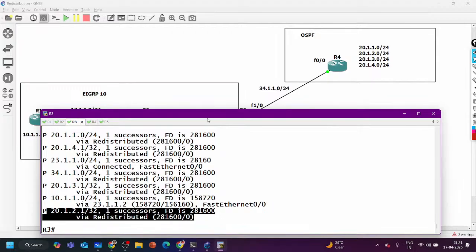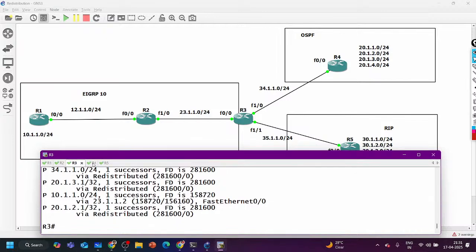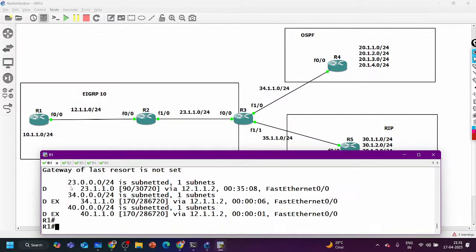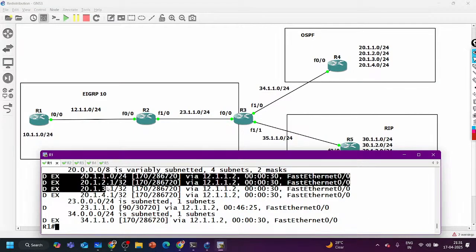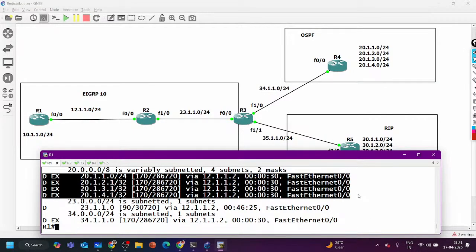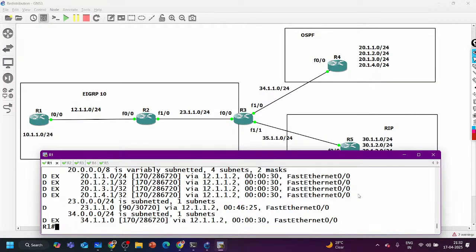Right? And now it will advertise to its neighbor as well. If it has installed them in its topology table, it will advertise to router 2, and router 2 will advertise to router 1. And now here, if I check the routing table of EIGRP, you can see all the 20 prefixes are coming, and these all are external prefixes. AD value is 170 external. Good. Good, guys?